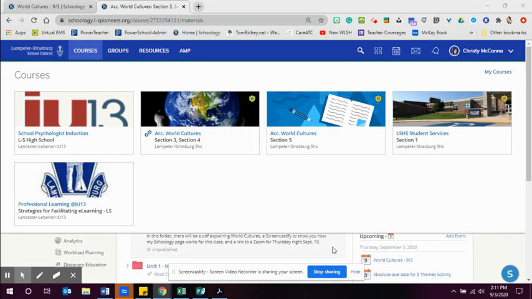But the good news is we are all in the exact same boat and we are all trying to navigate it together. And I think there's been a little bit of difficulty, but for the most part, kids are figuring out the system. They are learning the importance of contacting me if they have a question and just really learning how to navigate and work through the process and the system.